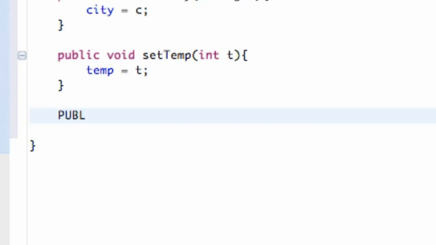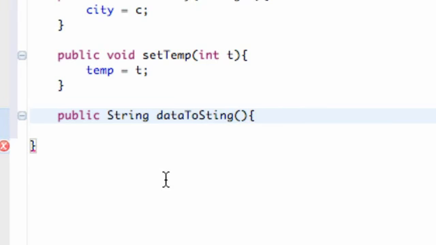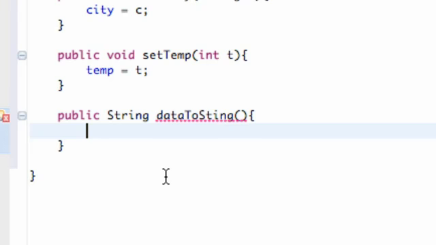So what we're going to do is say public, sorry, I'm not angry at you guys, public lowercase, and then we're going to say a string reference, because again we're setting our text view, so it needs to be a string, and we're going to say dataToString, something like that. And it's not going to take anything within its parameters because it's going to refer to the variables it already has set up for this class. So we're going to hit enter, and again we need to return something, so we're going to say return,